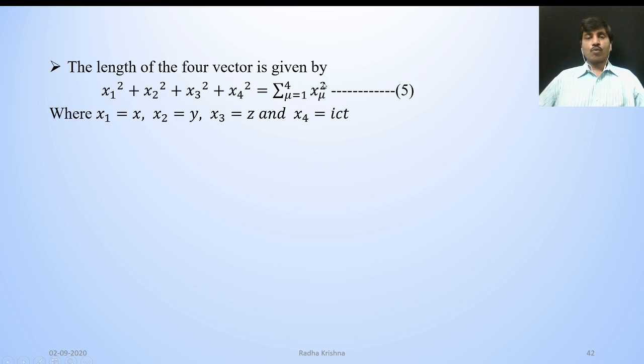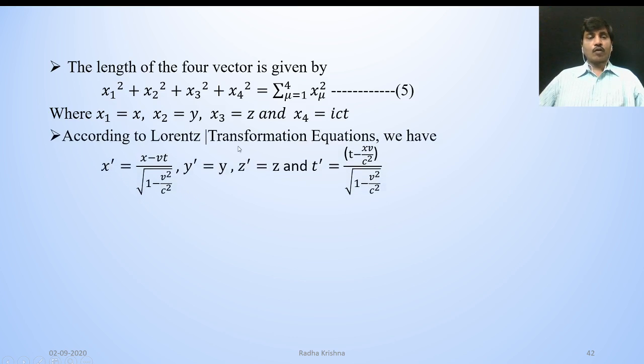That is equation 5. That means in 4-dimensional space we use the 4 components x1, x2, x3, x4 for a vector. Here x1 is equal to x, x2 is equal to y, x3 is equal to z and x4 is equal to ict. According to Lorentz transformation equations, we have x dash is equal to (x minus vt) by square root of 1 minus v square by c square, y dash is equal to y, z dash is equal to z and t dash is equal to (t minus xv by c square) whole by square root of 1 minus v square by c square,